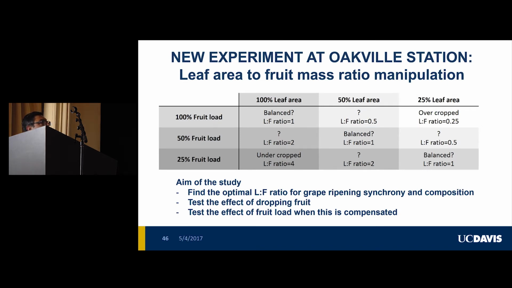Anyways, we have this new experiment at the Oakville station. We are looking at these leaf area to fruit mass ratio manipulations. We're looking at 100% leaf area with 100% fruit load, so leaf area to fruit ratio will be 1, dropping down to 0.5, 0.25, versus 50% crop load, 25% crop load. So we have these 9 treatments that we are going to track for the flavonoid expression of these profiles through the next 3 years with a PhD student to give a better understanding of how these leafing, pruning treatments